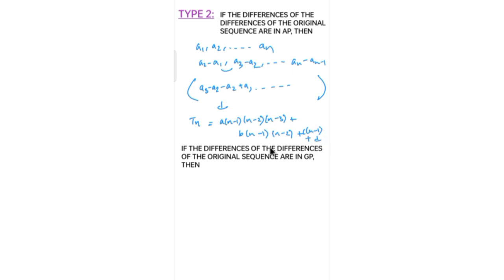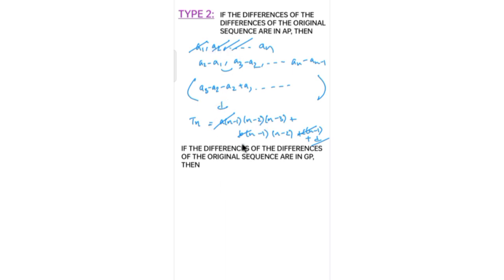So totally 4 variables. So how do you do this? Just put n is equal to 1 and equate that to the very first term of the sequence, that is A1, and put n is equal to 2, you equate that to A2, put n is equal to 3, you equate that to A3, and n is equal to 4, equate that to A4. So you'll be getting the values of A, B, C, D. All the 4 unknown values are known, and then your Tn is computed. So this is how you do this.